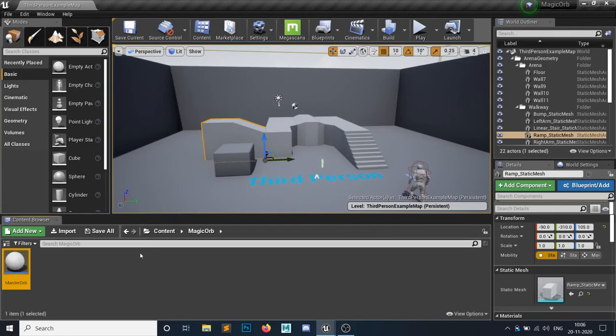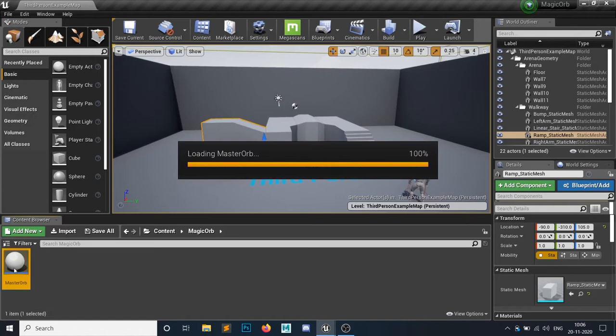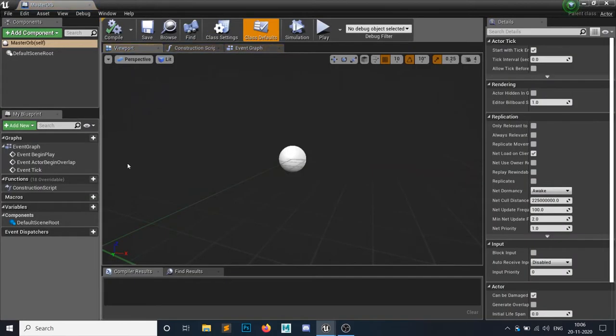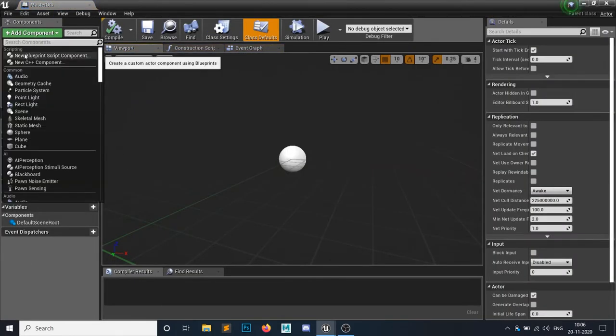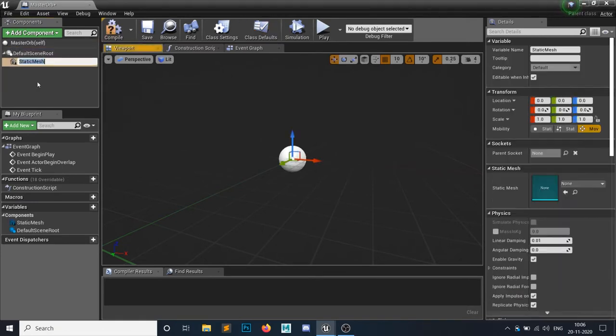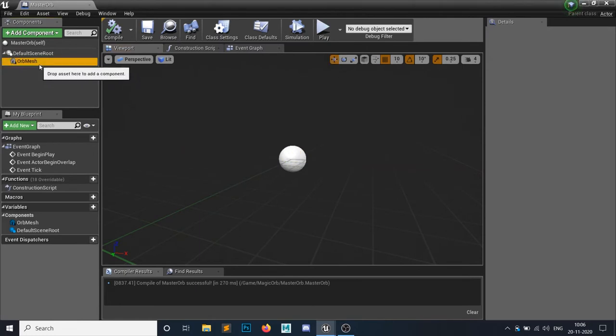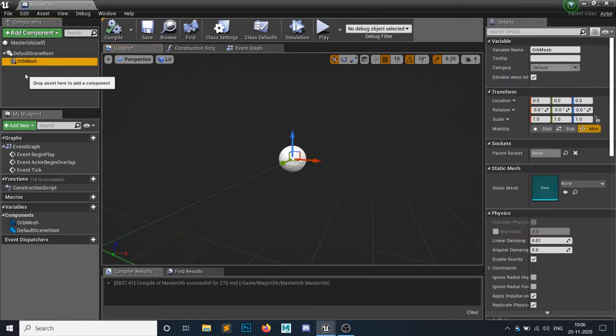Save. Okay, and in here, first things first, we obviously need a static mesh for our orb. So this would be an orb mesh. I think we don't need anything else. If you want to add something more, you can add it.